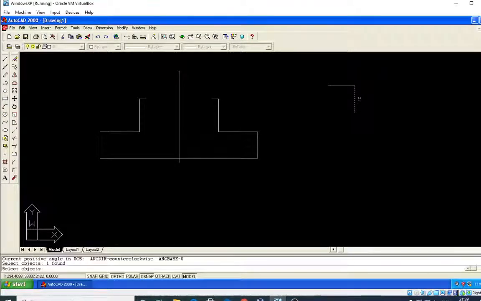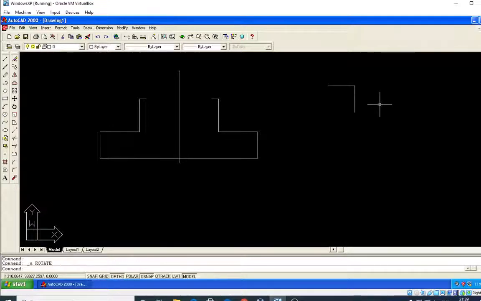Enter, select the object, enter. From here, it should be rotated; ortho should be off, so it should be rotated like this, correct? So what I will do, I will take 90 degree or 45 degree. I have to take 1 minute. I will take 45 degree. See, it is going on the right hand side.